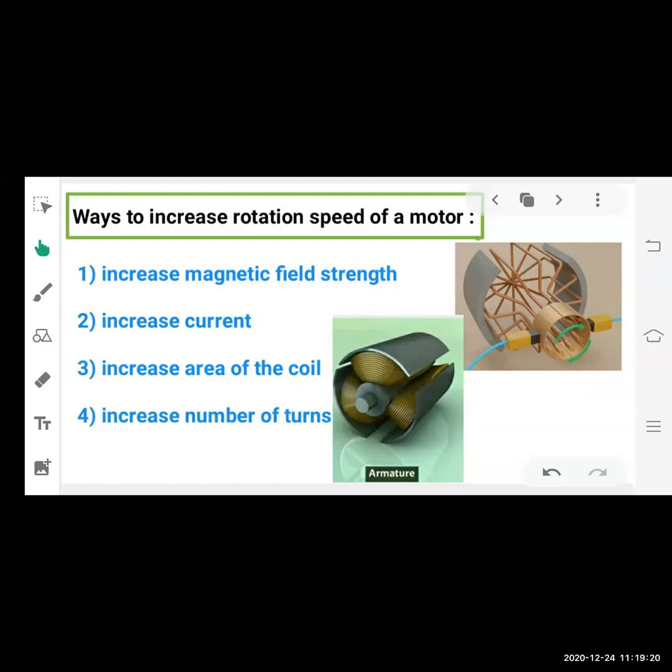Exactly, if you have seen any motor at your home, the coils are not exactly like this. You can see we have used only one coil, but here multiple coils are used, many coils made up of copper wire. So by increasing the number of turns or number of coils in the motor, we can increase the capacity, or you can say the efficiency of the motor. You might have seen such kind of wires present in an armature coil, and this is the axle. If we attach anything to this axle and we pass electricity, the axle starts rotating.